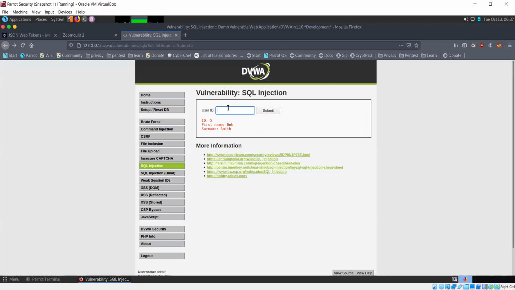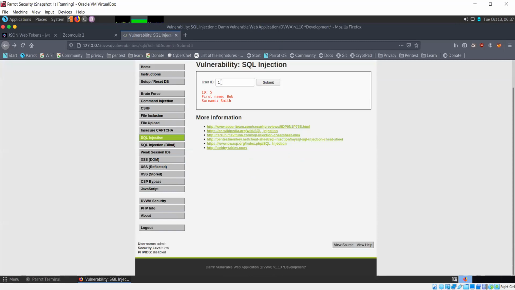So instead of typing 1 here, there is this concept of true and false statements. I can simply type 1 or 1 is equal to 1. What does this mean?